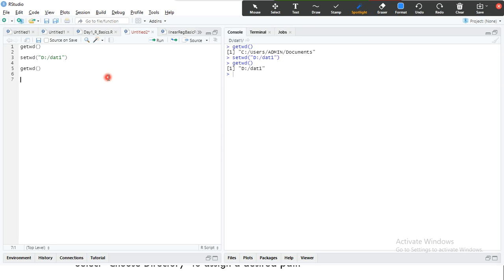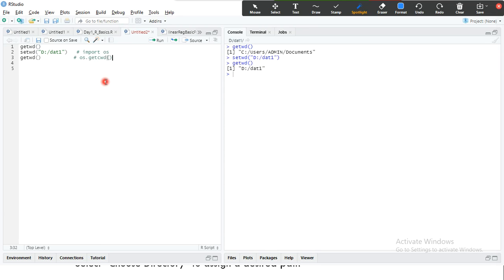So now you understand what set working directory and get working directory are. What is the equivalent command in Python? Deepak, you can tell me. You import os, and in Python you need to prefix the package name, os dot, and then get current working directory.